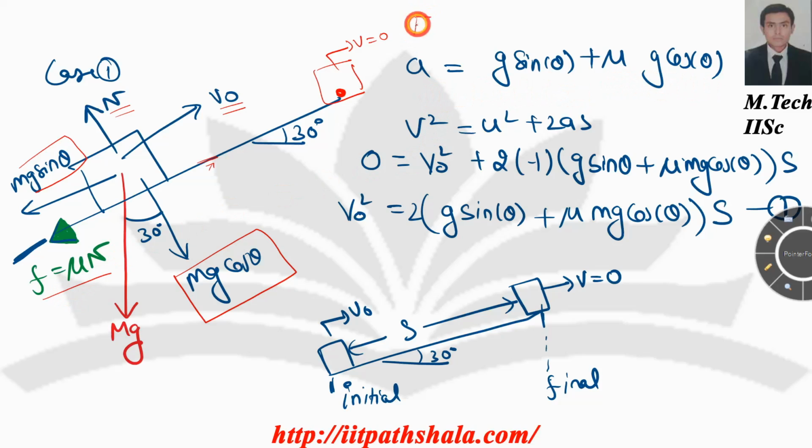Or you can say that force is nothing but mass into acceleration, and the total retarding force is nothing but mg sin theta plus mu N, and N is the contact normal reaction, which, if I equate the following expression, I can say is mg cos theta. So from here you can figure out the value of acceleration.